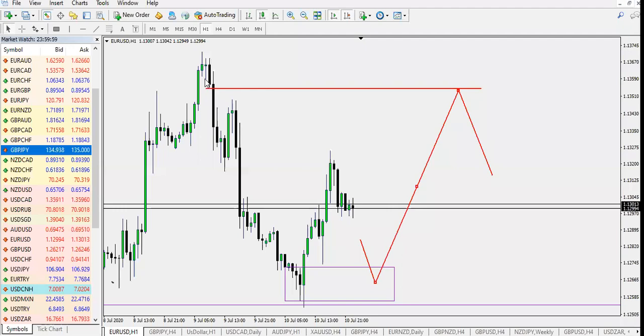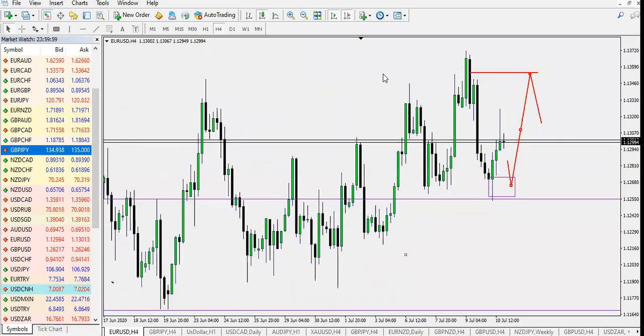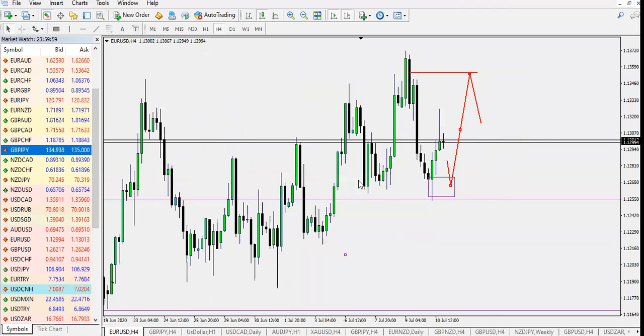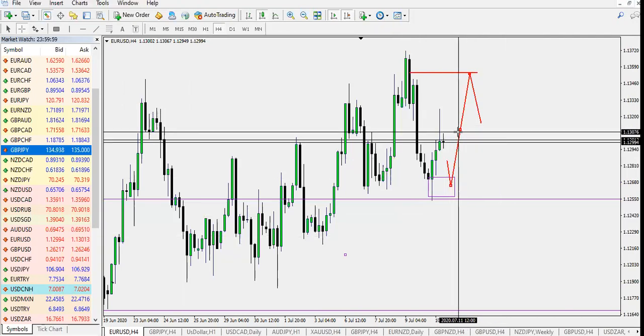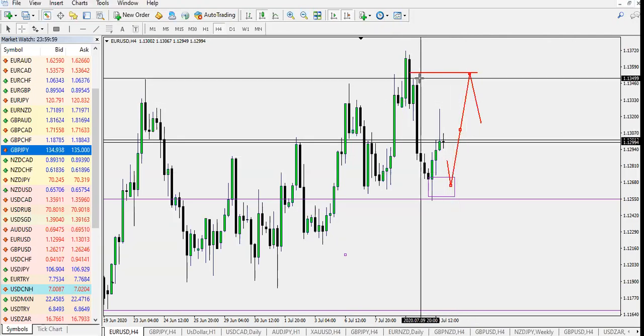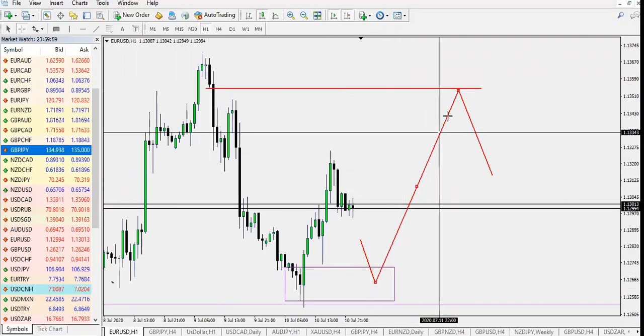If we look at the 4 hour, we can see that price is making higher highs. You can see here it's making higher highs, and it only raided the liquidity above and below, and now it is trading inside of a range. We need to see price close above our previous high or below our previous low to make higher highs or higher lows. So we can see a BMS, which is a break of market structure. Hopefully this answers your question, and we will wait for London Open to see if price is willing to